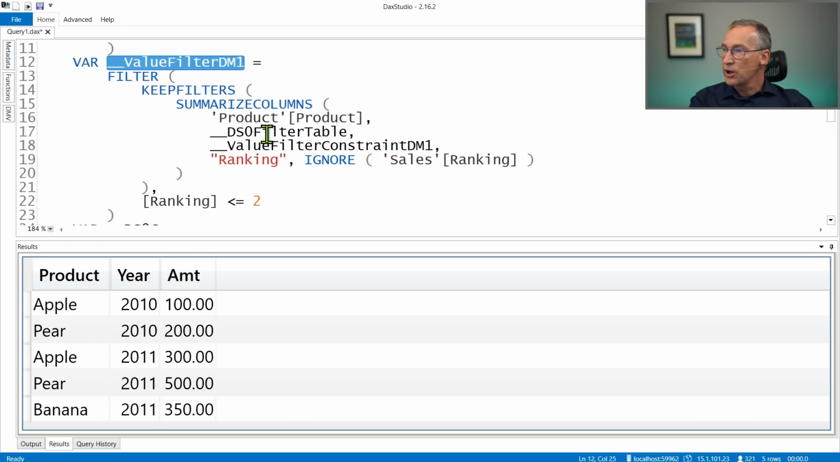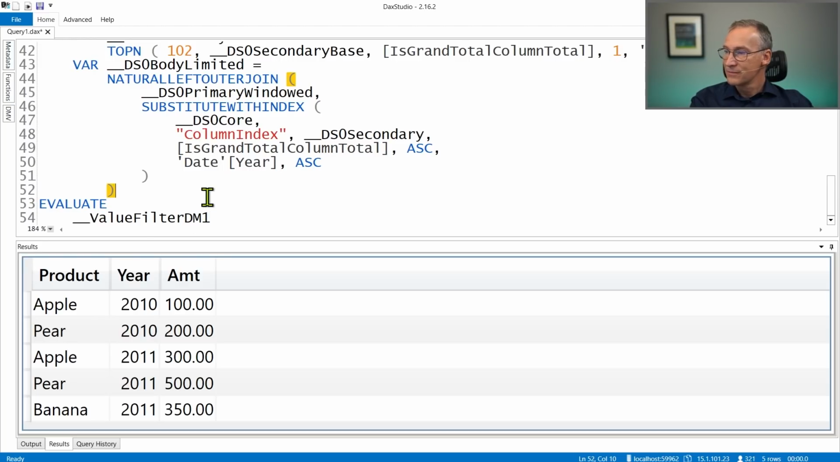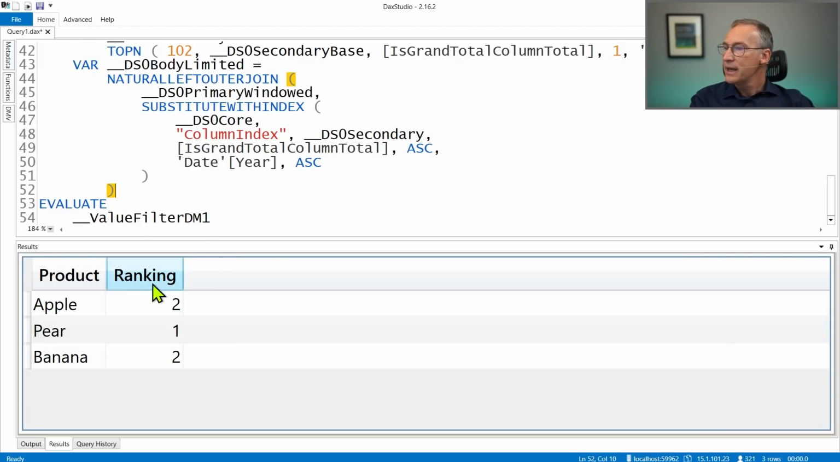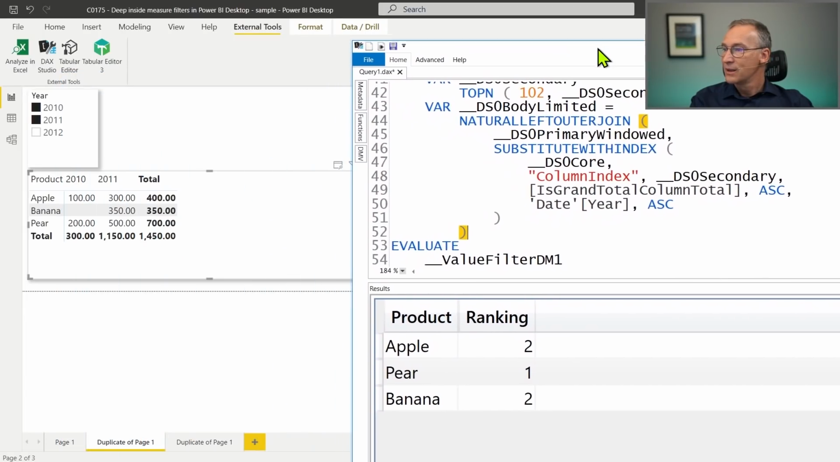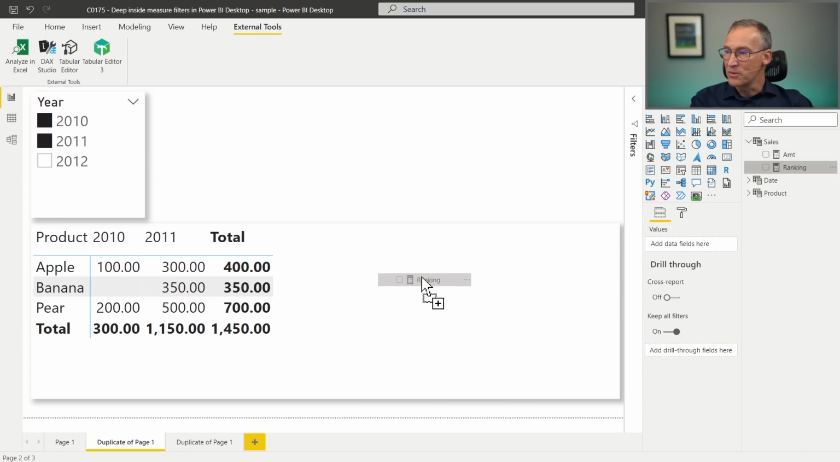Now let's see the content of value filter dm1. We can run that, and you see that the content is apple, pear, and banana. Both apple and banana have a ranking of 2, whereas pear has a ranking of 1. Therefore, apple, banana, and pear all survive the filter, even though if we look at just the matrix and we put the ranking,